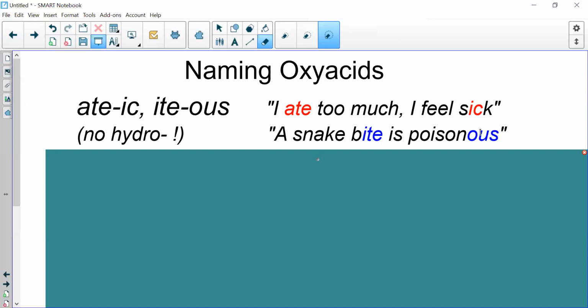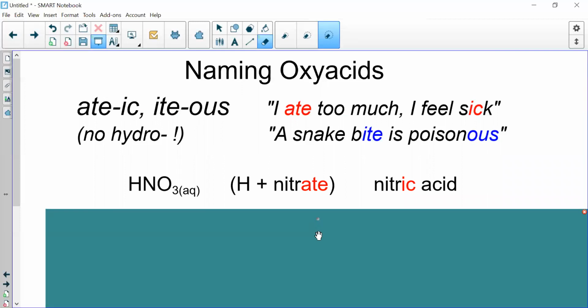Look at your polyatomic ions list. Notice with a few exceptions, these all end in either ate or ite. Nitrate, nitrite, chlorate, chlorite. The ate polyatomic ions become ic acids with no hydro. The ite polyatomic ions become ous acids with no hydro. For example,